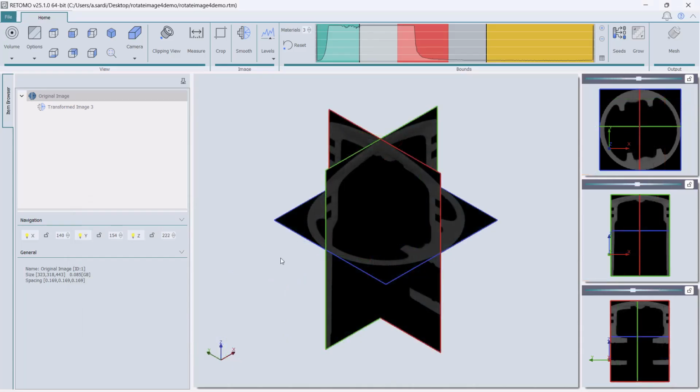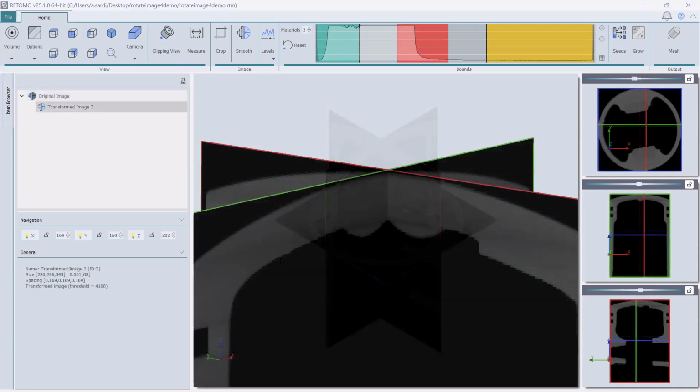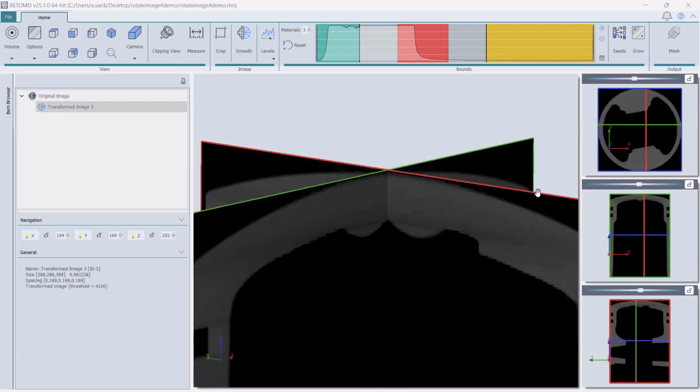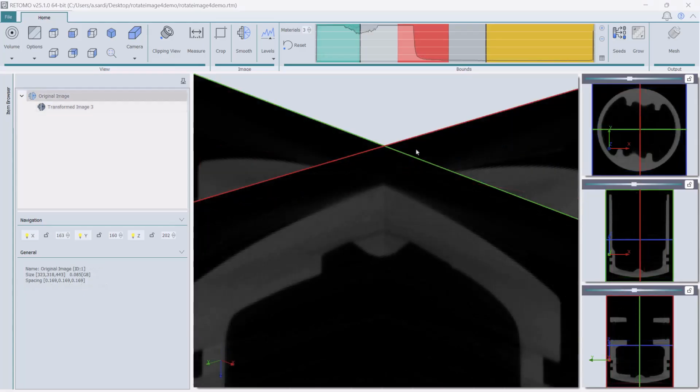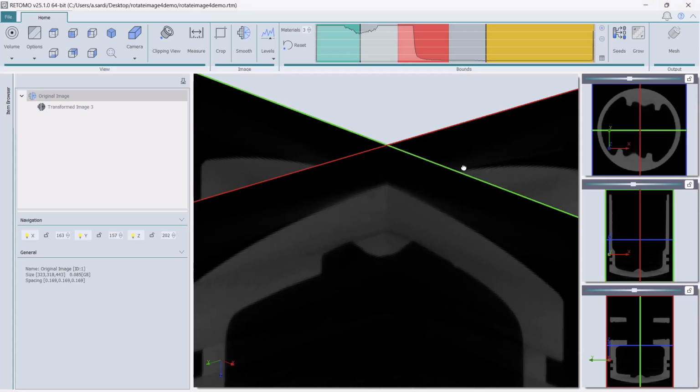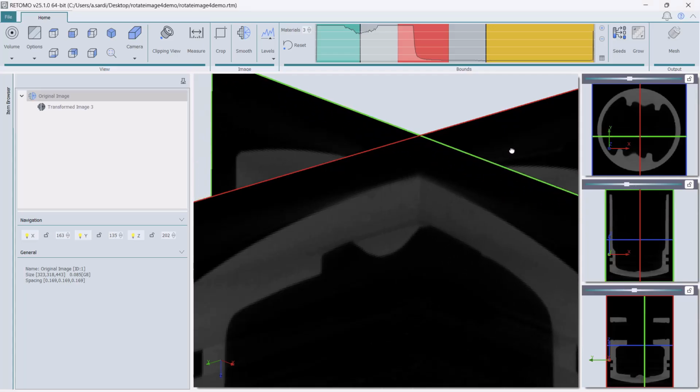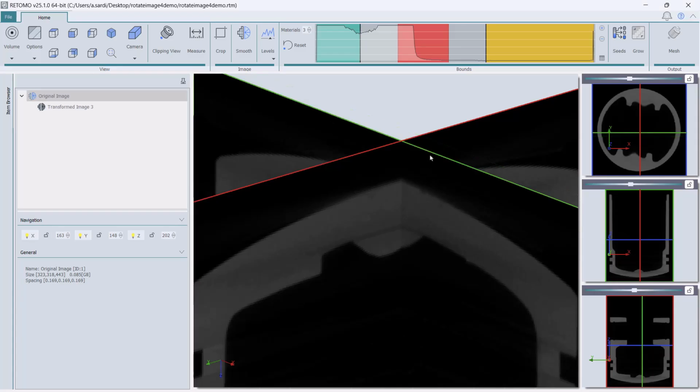Here, we can see the noise threshold's effect. The tool managed to set the boundary of the slice very close to the item's boundary as well as smooth the image. For comparison purposes, this is the model before using the image rotation tool, where the gap between the model's edge and the slice's boundary is significantly larger.